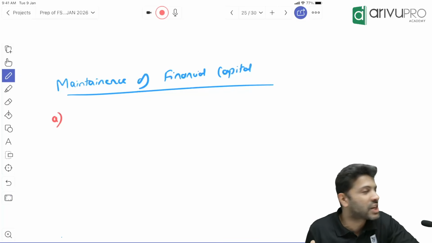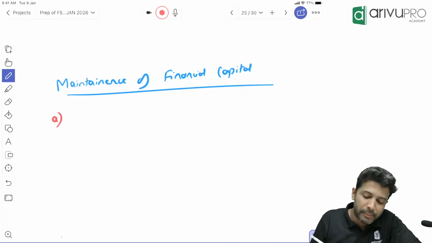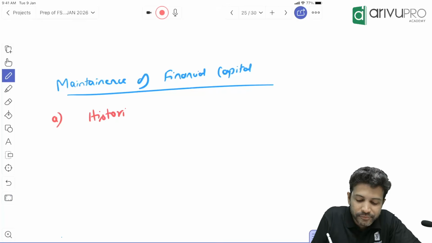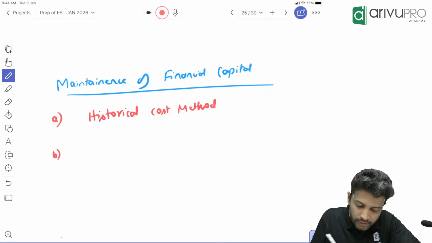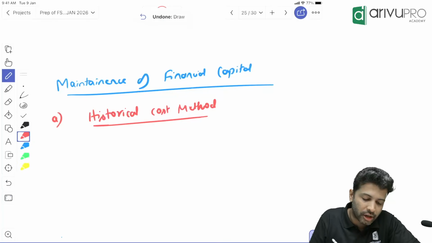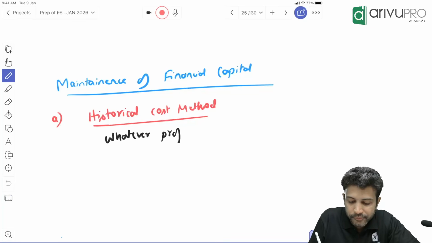Maintenance of financial capital. Okay, write this down. There are two ways through which you can maintain financial capital. One is the historical cost method. Under the historical cost method, you write: whatever profit is made,